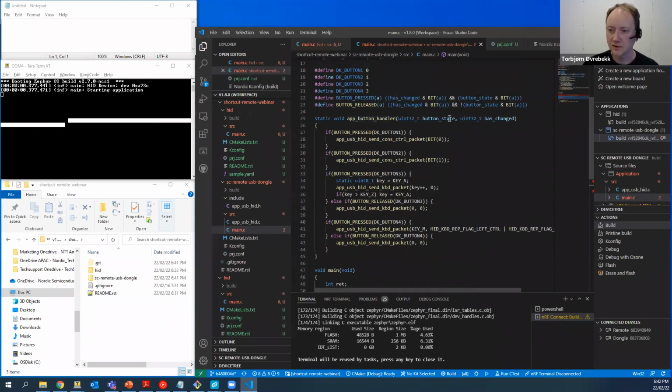I'll just call it app button handler. It will give me a button state mask and a has changed mask. Every bit set in button state tells you what the state of that button is, and every bit in the has changed mask tells you if that particular button changed or not. And in this case, all I'm doing is checking for these different buttons, and then I'm sending either a consumer control packet, which is volume up and down in this case,